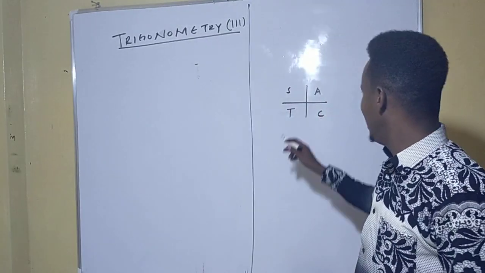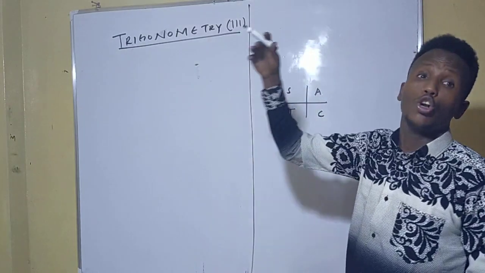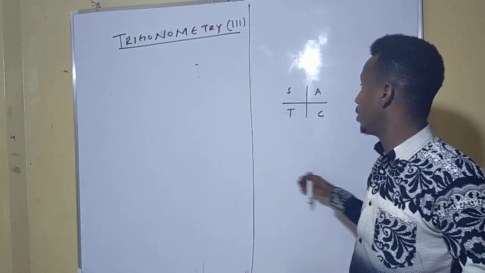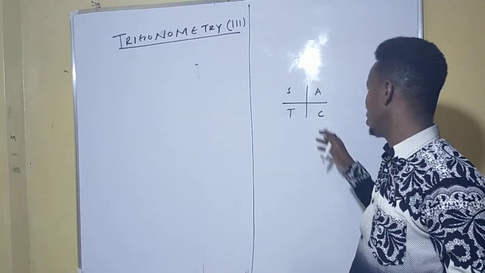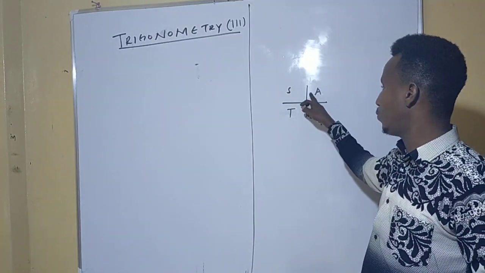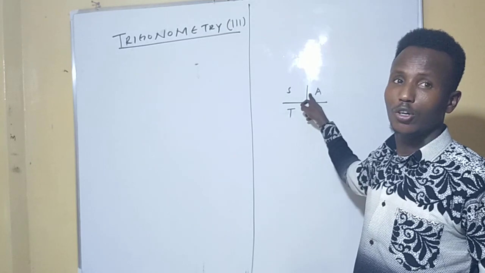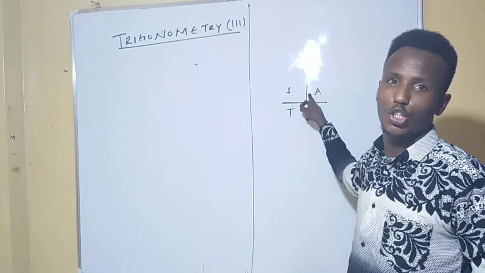Just understand that. Then in the third quadrant, because we name the quadrants in anti-clockwise direction. Don't forget, right from form 3, we named the 4 quadrants in anti-clockwise direction, not clockwise. So this is the first quadrant, second quadrant, third quadrant, then fourth quadrant. In the first quadrant, all ratios are positive. That means the tan value, cos value, and sine value of any angle less than 90 degrees